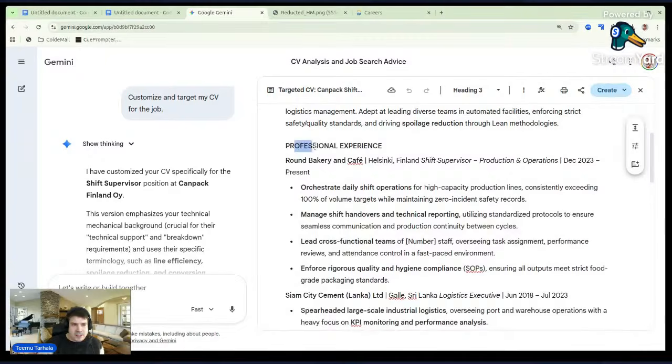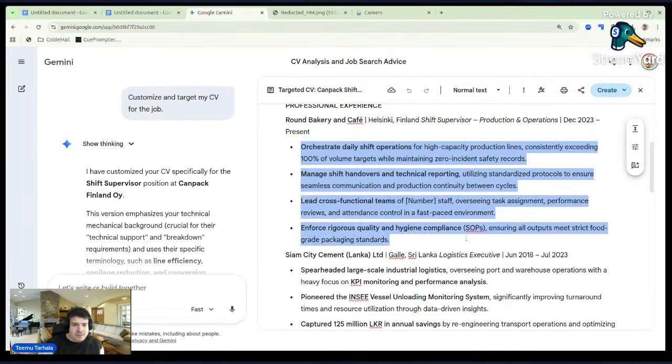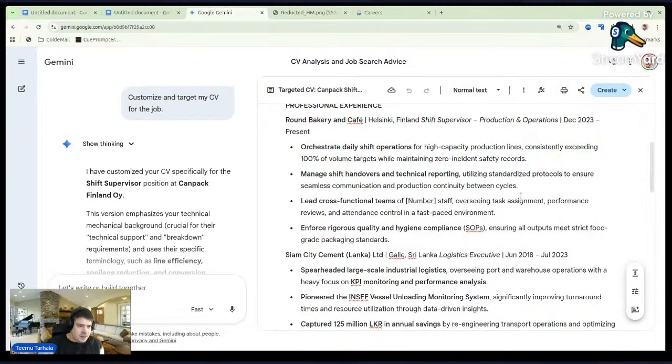Then professional expertise around bakery and cafe in Helsinki, shift supervisor, and so on in the present. And here we have tasks and what we are actually doing, and then fill these places. And sometimes it might be a bit too much text.